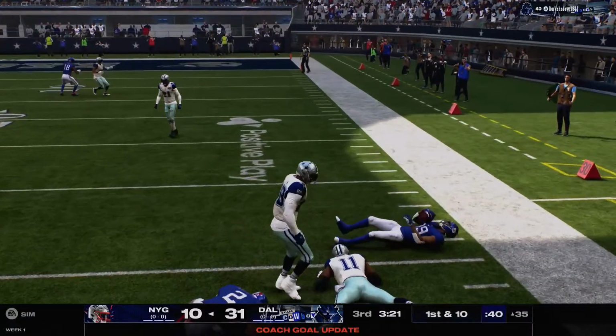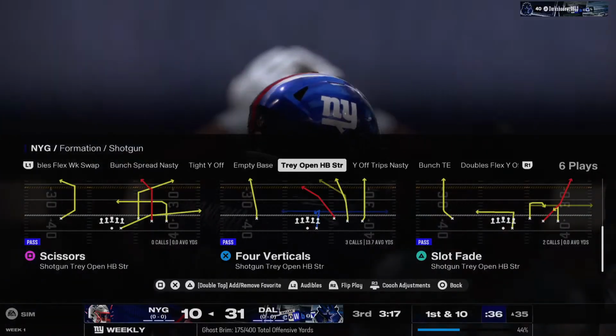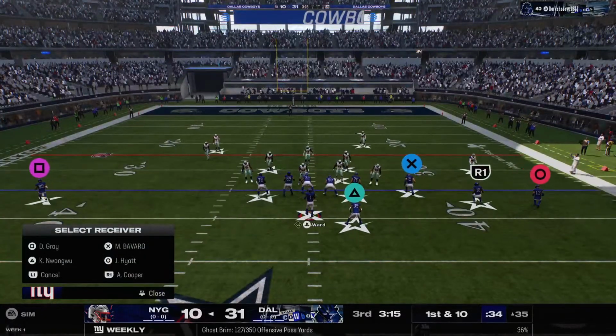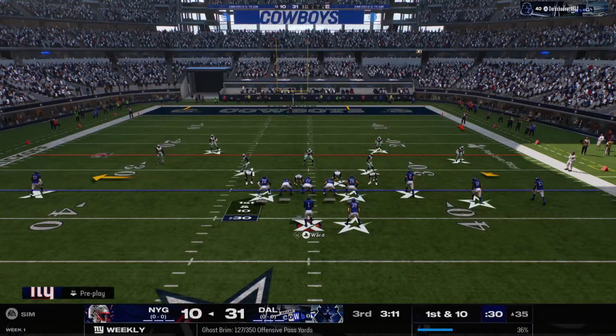Let's take it in by Wangu. And he'll pick up enough to move the chains. That's what we call situational football. You spend all week working on your nickel passing game package to take advantage